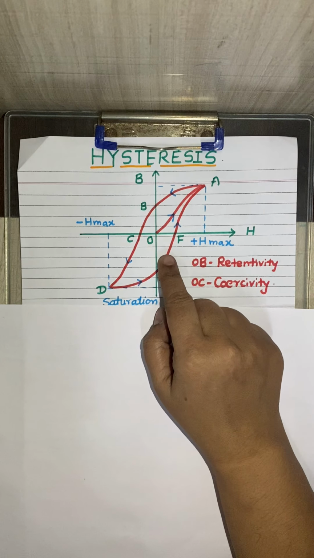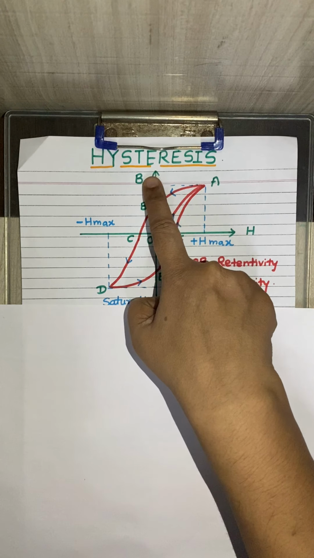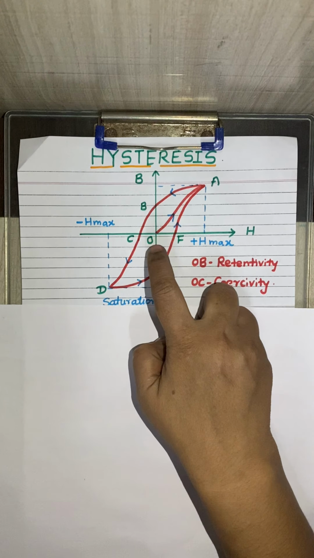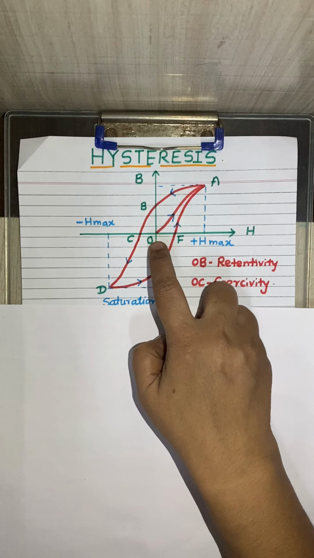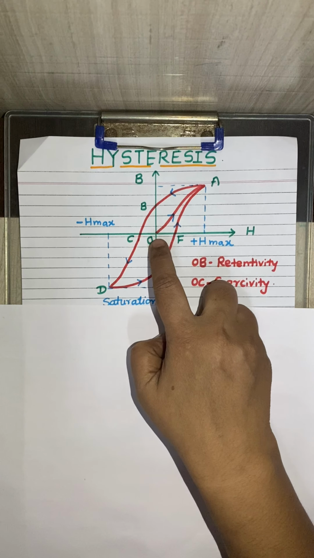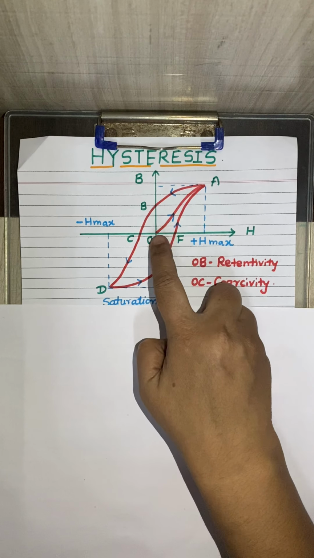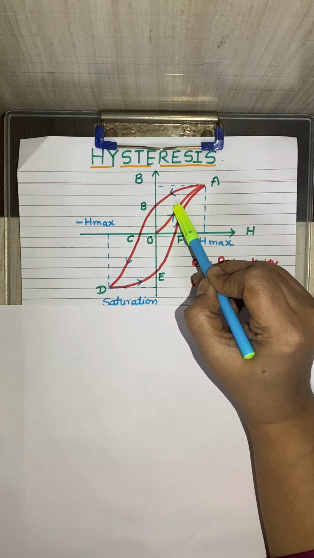Now, in this diagram, we can show the variation of the magnetic induction B with the magnetizing field intensity H. You can see here the point O is the initial unmagnetized state of a ferromagnetic sample. So what is the process here? We are going to magnetize the ferromagnetic substance, and again we are going to demagnetize it. Now as the magnetizing field intensity H goes on increasing in this manner,